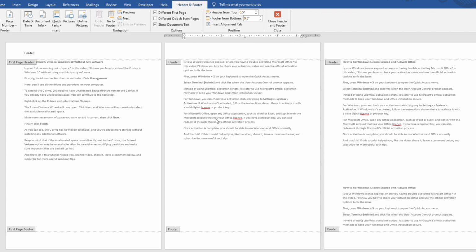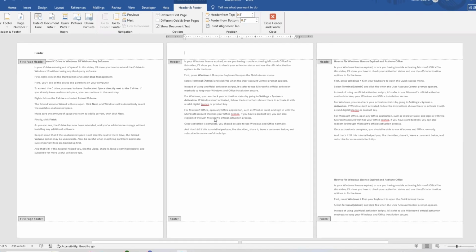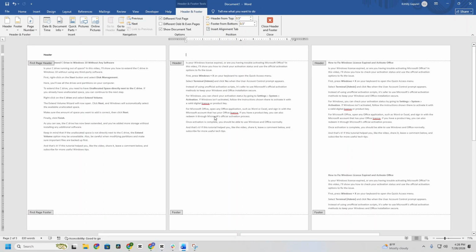As you can see, the header has now been removed from the second, third, fourth, and other pages, while the header remains only on the first page. And that's how you can remove a header from the second, third, or other pages in your Microsoft Word